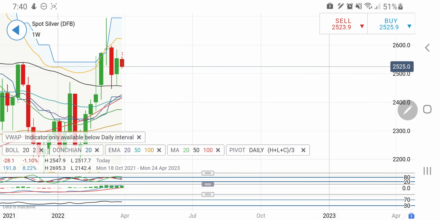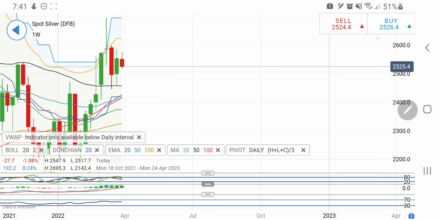And yes, see, the 2520 and 2540 zone, this we have to remember. Below 2520, it will hit 2500. Above 2540, it may try to go back towards 2550 and 2560. So there are nearby resistances towards 2550 and 2560. If it breaks 2560, definitely it will fly. On the downside, if it breaks 2500, we can again expect it to come back towards 2480 levels. So take your positions accordingly. This is all for silver.